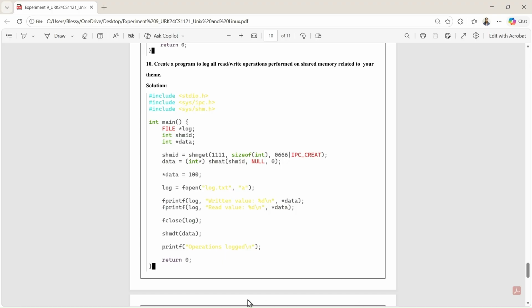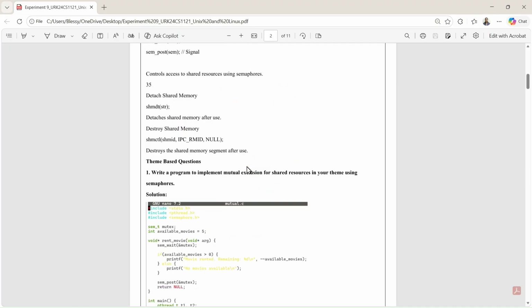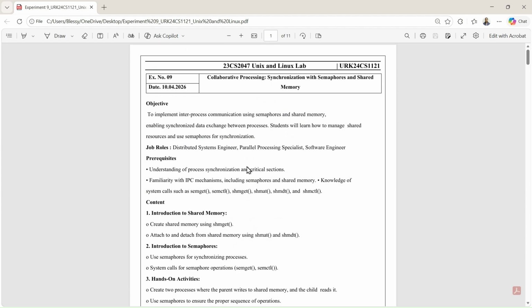Hi everyone. Today I'm going to explain Experiment 9, collaborative process synchronization using Semaphores and shared memory, from the Unix and Linux lab. The objective of the experiment is to implement inter-process communication using shared memory and Semaphores. The prerequisites are: what is process synchronization, what is a critical section, basics of IPC mechanisms, and